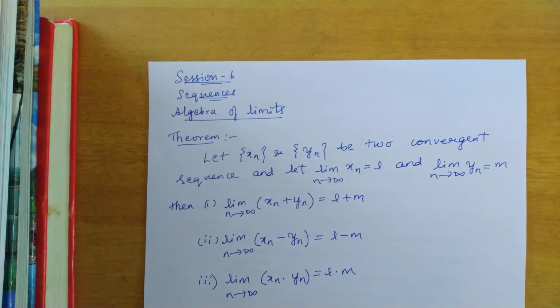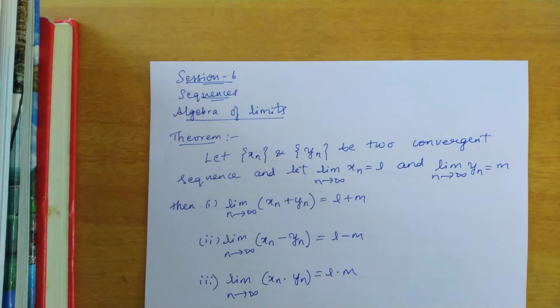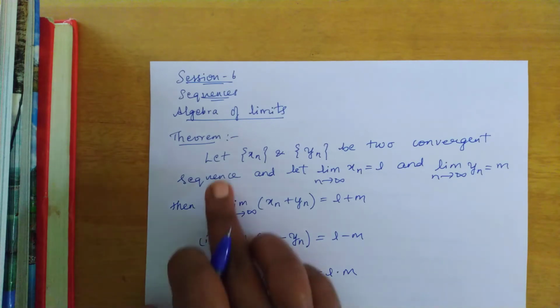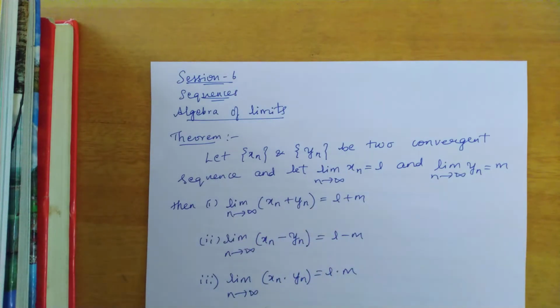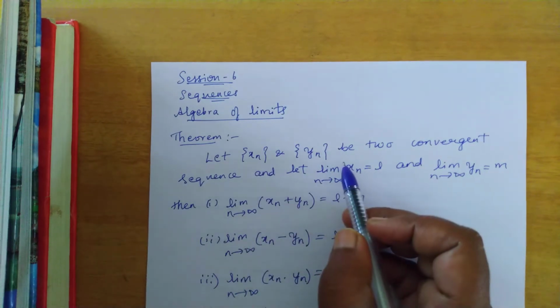So let's begin with session 6, sequences, algebra of limits. Here we are going to prove the convergence of sequences in the case of four operations, that is addition, subtraction, multiplication and division. So let us consider xn and yn to be any two convergent sequences, and since they are both convergent,